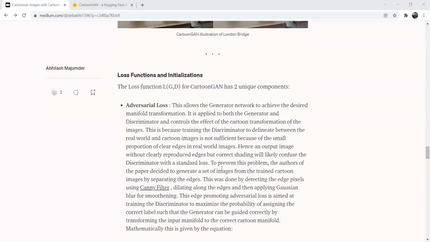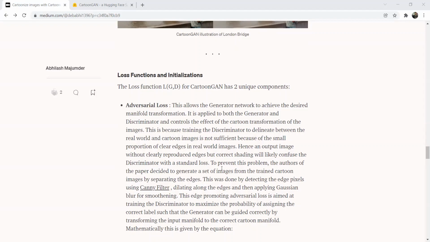So what they did is they took a particular real world image and they detected the edge pixels with the help of a Canny filter. Now they dilated the edges and then applied a Gaussian blur for smoothing them. This edge promoting adversarial loss is aimed at training the discriminator to maximize the probability of assigning the correct labels to the generated images as well as the real world ones. And also this will in turn help the generator to produce more